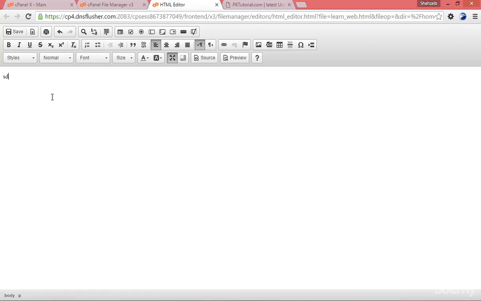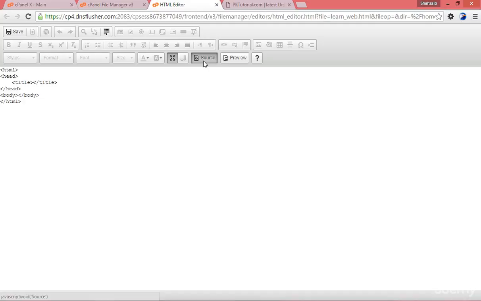If I click there, I can type anything I want. One thing I want to make clear is that I'm not just working on HTML, I'm working in the designing way. But if I click on the source, now it's the HTML format which you just know about. Now I'm putting the title, learn the web hosting. Okay, now go there in the body,